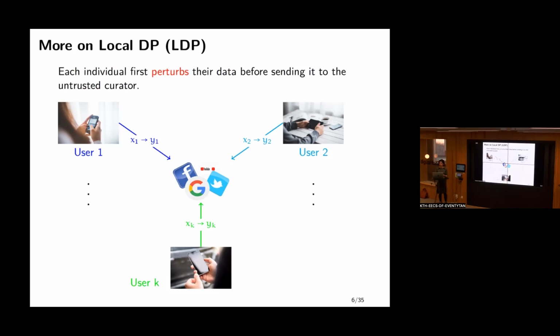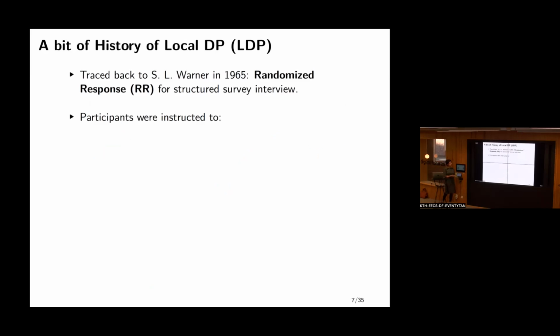So how can we model this? We are going to get a little bit into the modeling and mathematical framework of differential privacy. But before we do that, I just want to note a little bit about the history and origin of local differential privacy, which actually goes way back, before the 2000s, when any of this was relevant. So the history of local differential privacy, not in such a formal framework,